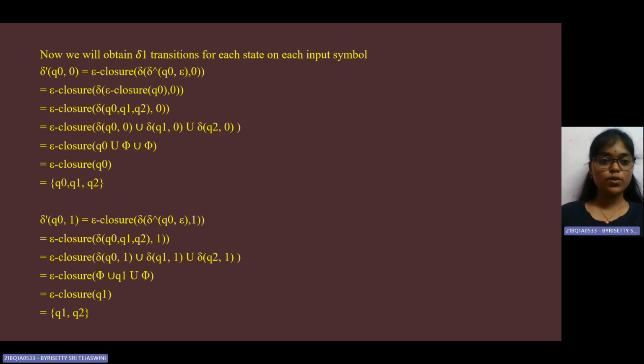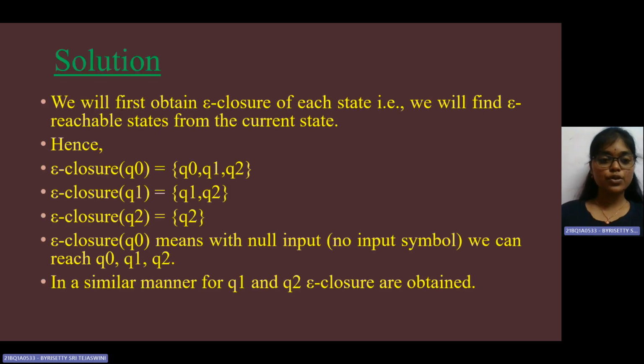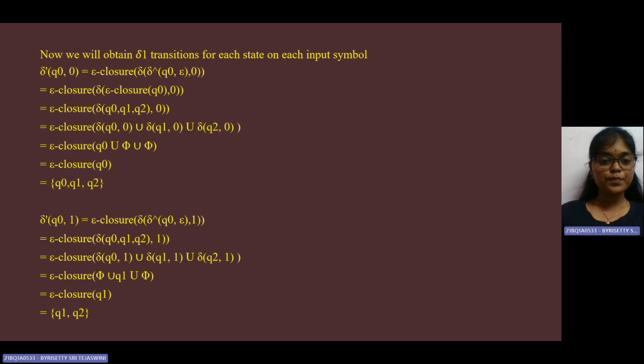Delta dash of q0 and 0 is equal to epsilon closure of delta cap of q0 and epsilon, then 0. First, q0 comma epsilon: delta cap of q0 on epsilon is epsilon closure of q0. Epsilon closure of q0 is q0, q1, q2, right? So in delta cap of q0 and epsilon, we write q0, q1, and q2. So the epsilon closure of q0 is q0, q1, and q2, and then delta of q0, q1,